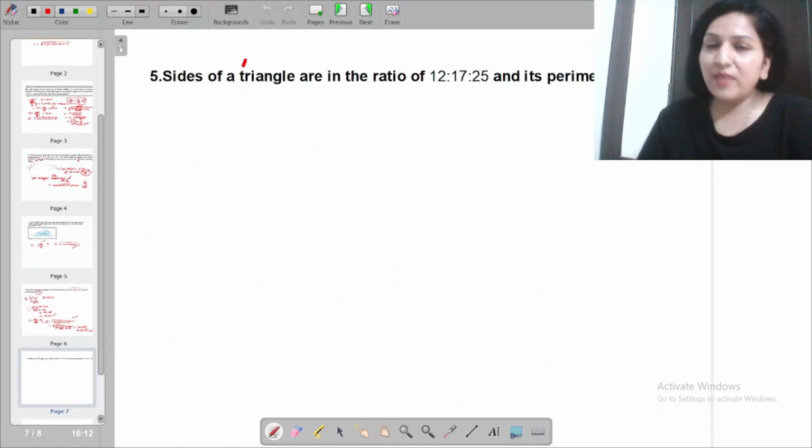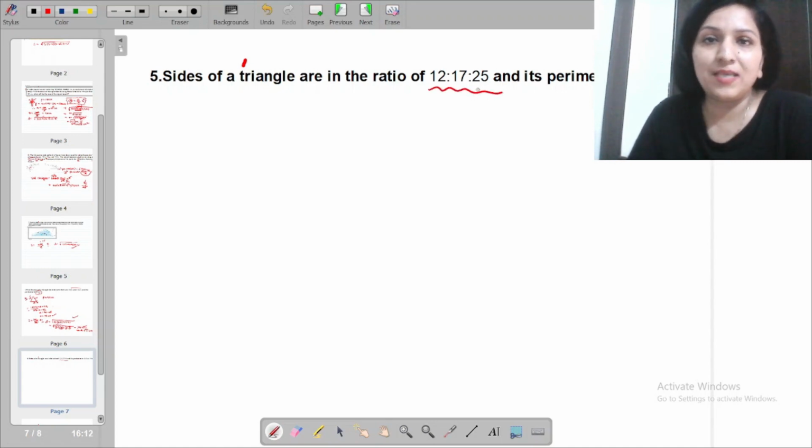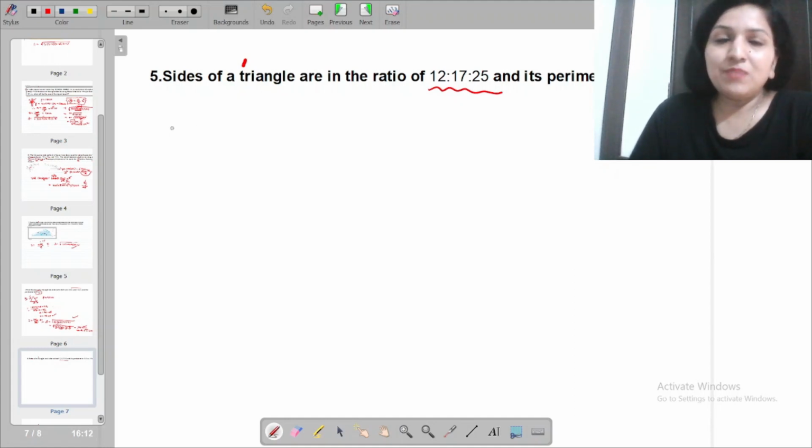Next question is very interesting. थोड़ा सा रेशो का ट्विस्ट है, रेस्ट इज ऑल सेम. रेशो आप समझो, when we talk about ratio, it is the value in the simplest form. अगर मैं कहती हूँ the ratio between two numbers is 2:3, it does not mean that the first number is 2, another number is 3.